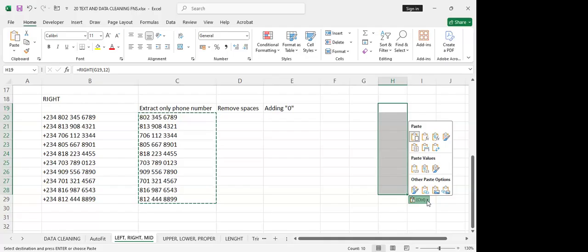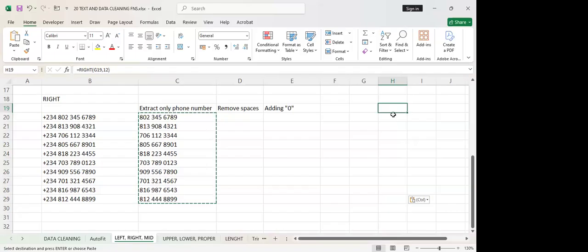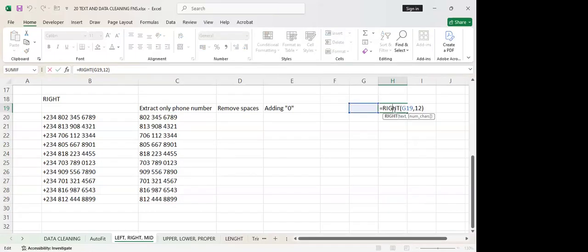Okay, so paste values helps to separate whatever values you are pasting from the formula that created the value. For example, you see this phone number that we created with the MID function. If we copy it somewhere else, it will disappear because Excel is still looking at the function. If I click, see, Excel is still showing me the right function, and the result is based on